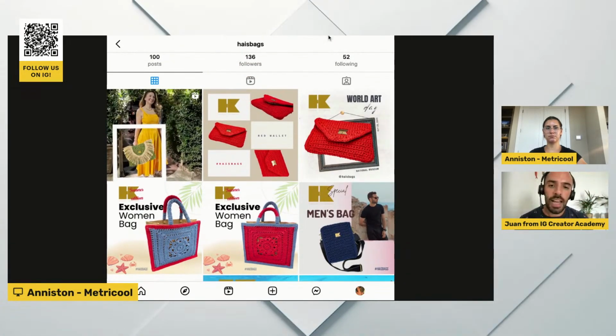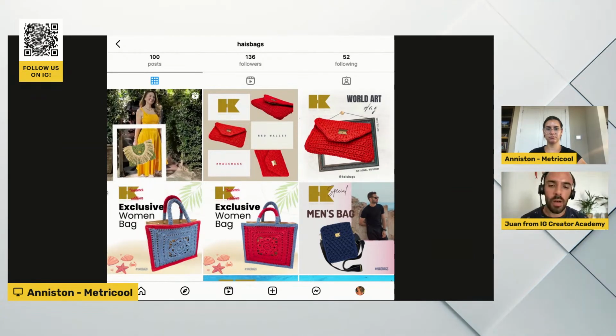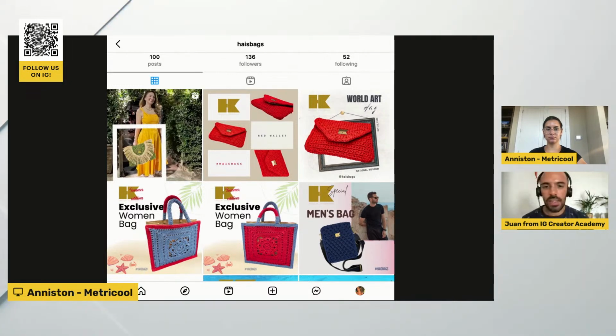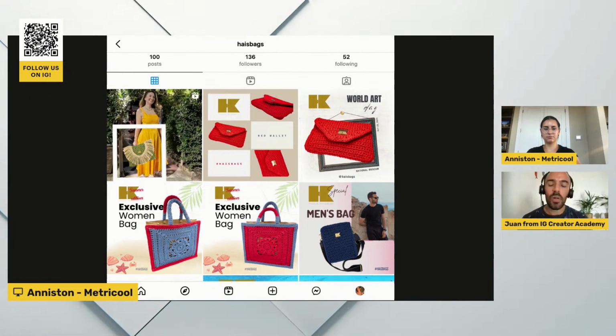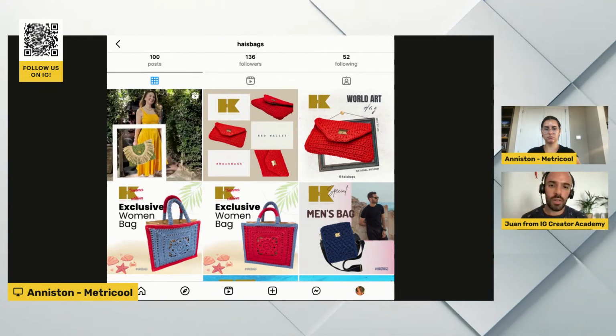And yes, focus on the lifestyle. Focus on the experiences that your customers have from using your product. Tell stories of how they're made, where they're made, are they handmade, who's the founder, all of these things. Humanize your brand for Instagram. No one wants to see products all the time.